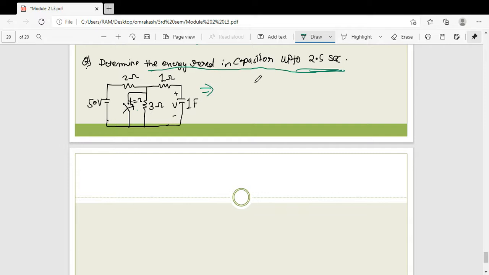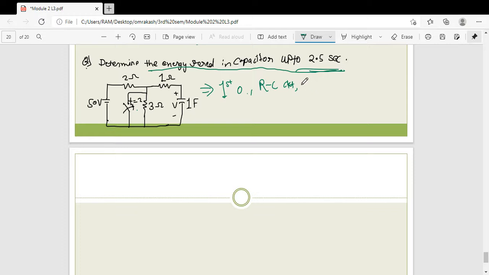Now, first of all, observe that circuit. What is the order of that circuit? See, only one element is present. So this is a first order circuit, right? And what is the type of circuit? It is an RC type circuit. And is this source free or with source? Now see the switching operation. After the switching operation, your circuit is this, right? So I can say that this is a source free response.